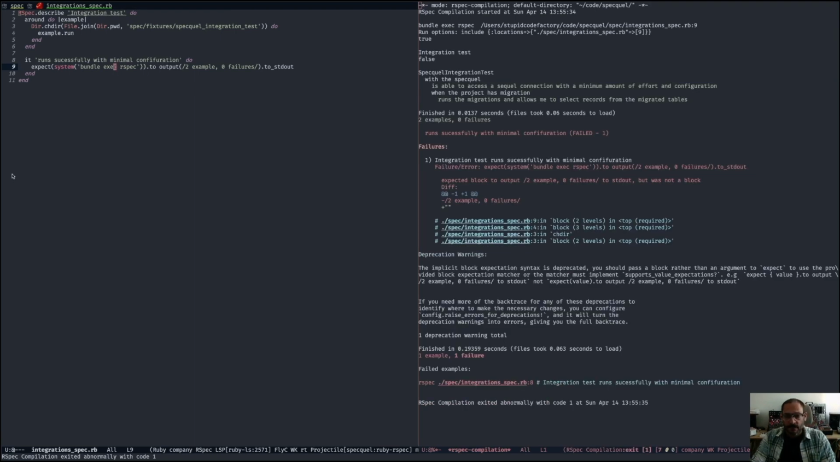Okay. Yes, we do have. So it's telling us indeed that we have two examples, zero failure. Oh, two examples and zero failures. I'm missing an S here. Run this. Oh,